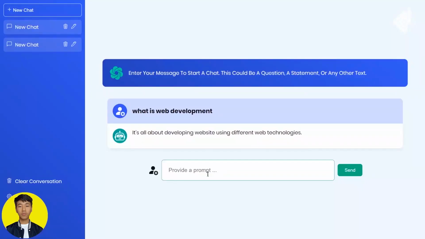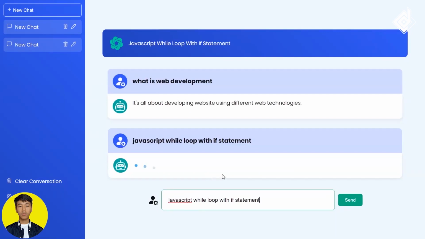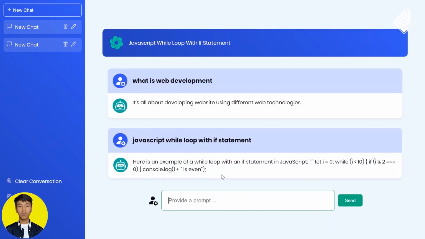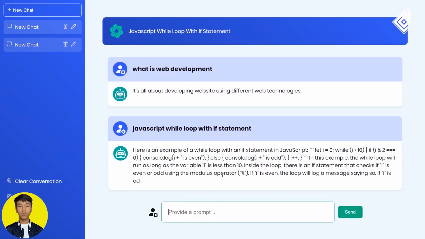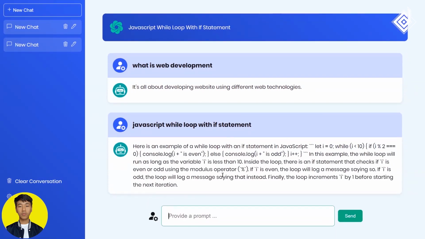So once more, if I ask a question like JavaScript loop with if statement, and if I hit enter, did you see that? After a few seconds, you'll be able to get that answer. And if you have noticed there, everything is placed within a single line, so it is really difficult to read. As you know, these answers are stored within our paragraph element, which is within the div with class name